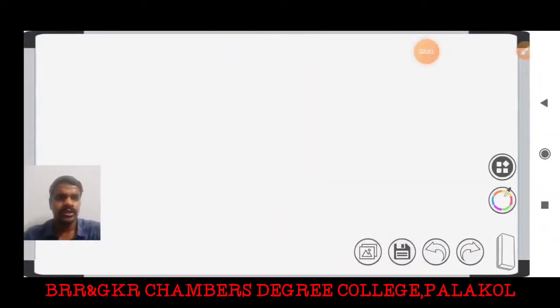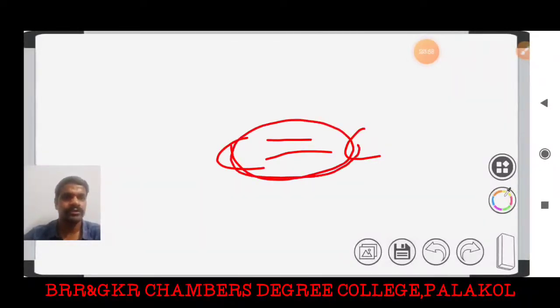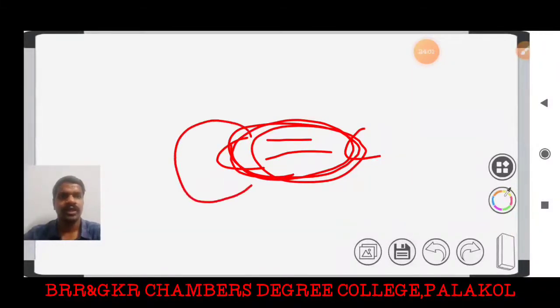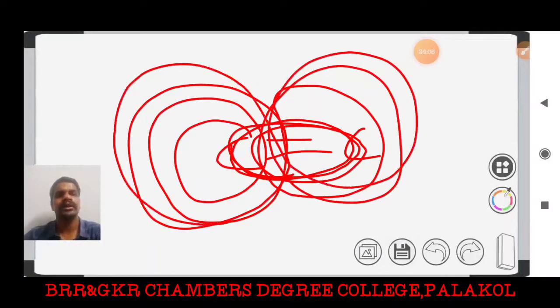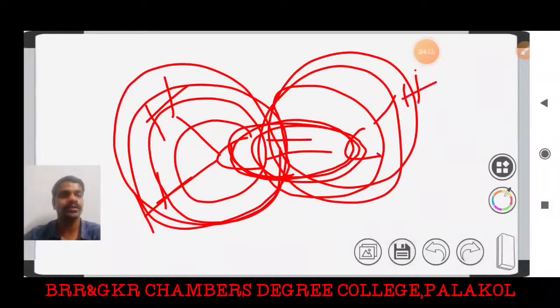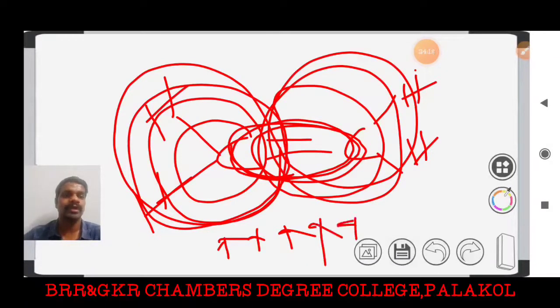So here let us take one example, C double bond C. Due to the circulation of electrons, it creates a secondary magnetic field. Here I take the ethene molecule. Now I can apply an external magnetic field. The directions of the external magnetic field and secondary magnetic field are very important, because the magnetic field is a vector quantity, so we have to represent it with a direction.